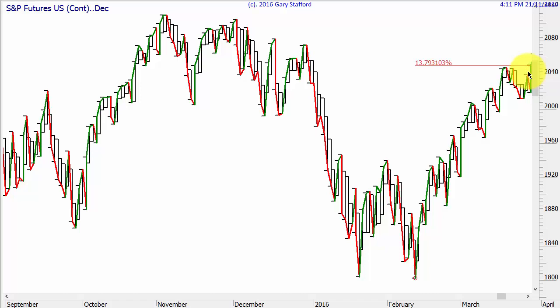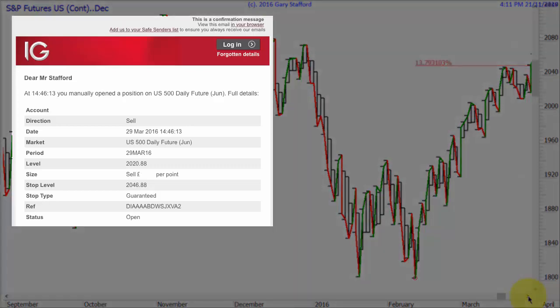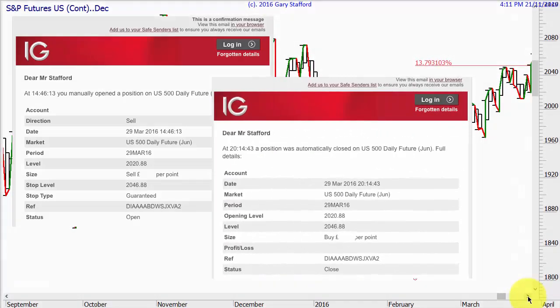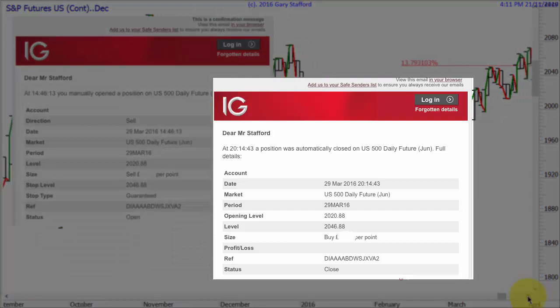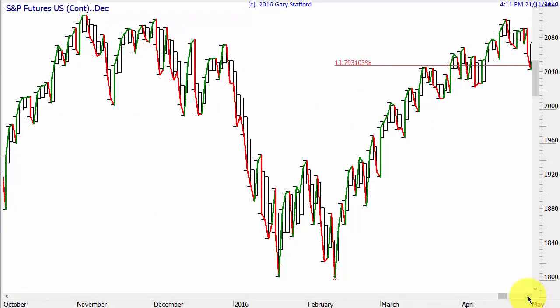Where can I put my stop loss that it won't get caught, but if it does I want to get out of the market? So like I said, I got in there, my stop loss was there, and I got stop lossed out in the same day there. It's called Sod's Law. However, the question is, did I get out of the market at the right time? And if we go forward, the market goes up and down, but you can see that it goes up. So I did the right thing by not staying in the trade and took a small loss, whereas if I would have stayed in, a small loss would have become a big loss.